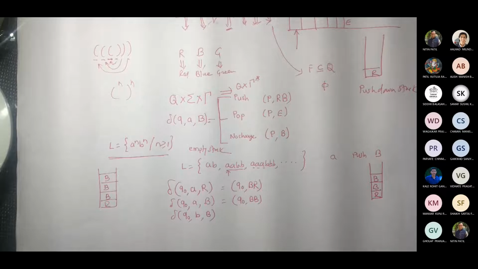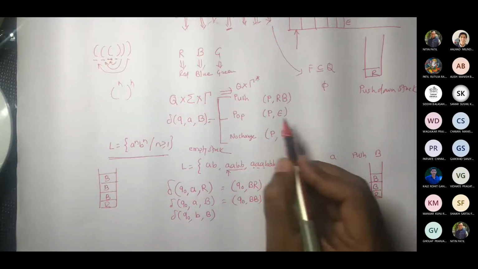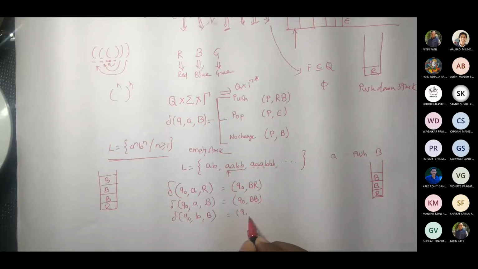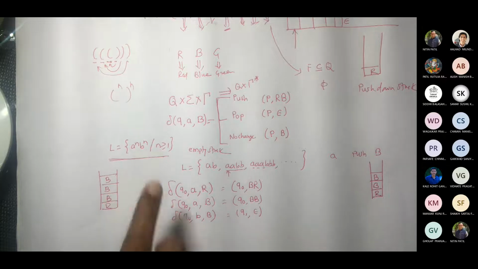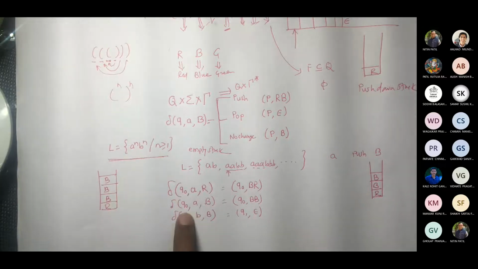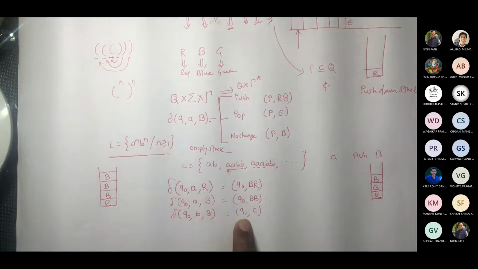Are you with me? Now how exactly is the epsilon, the pop operation, to be written? I will write like this. I am purposefully changing the state to Q1. Most of the time, whenever you are adding or pushing an element into the stack, try to keep the state the same. Whenever you are popping, try to change it, because if you keep Q0 only and after this B, A comes, then this will get executed, correct? That's why we are writing Q1.